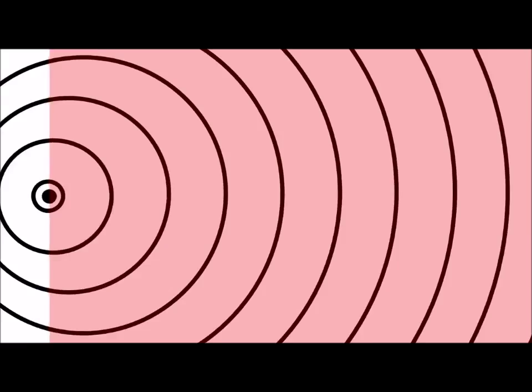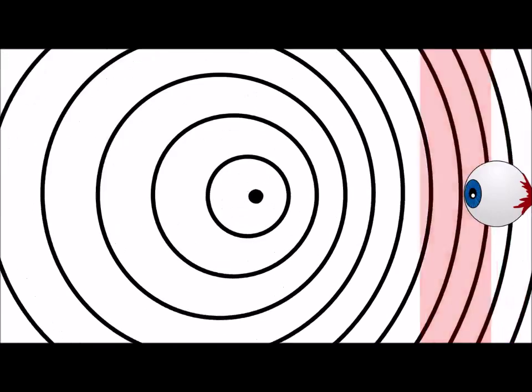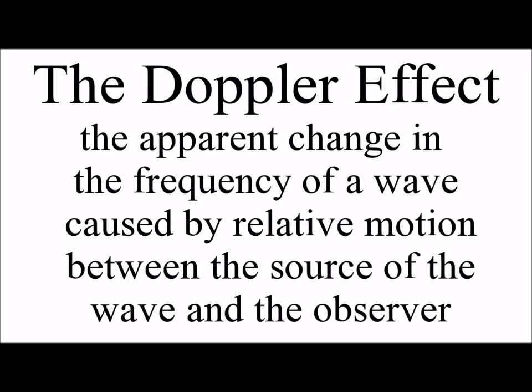So, what is the Doppler effect? The Doppler effect is observed whenever the source of waves is moving with respect to an observer. The Doppler effect can be described as the effect produced by a moving source of waves in which there's an apparent upward shift in frequency for observers toward whom the source is approaching, and an apparent downward shift in frequency for observers from whom the source is receding.